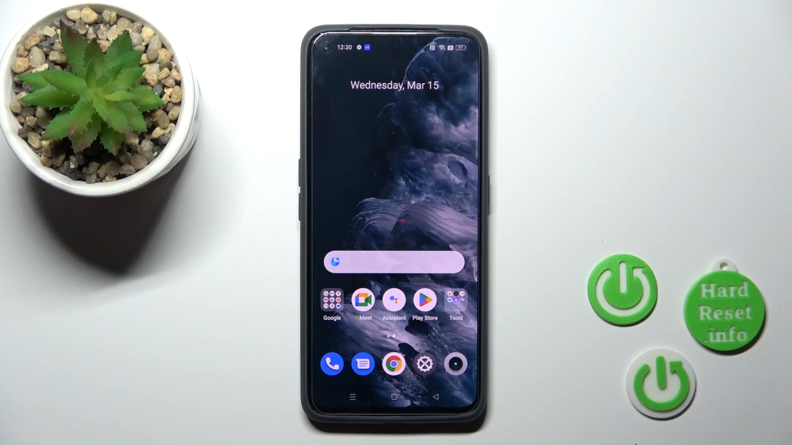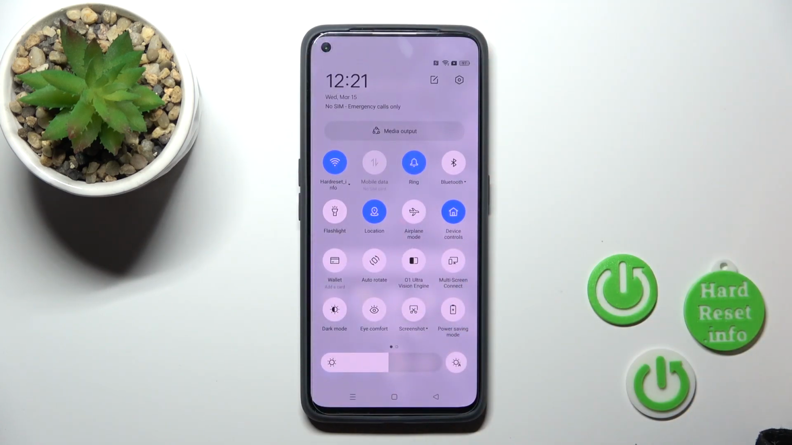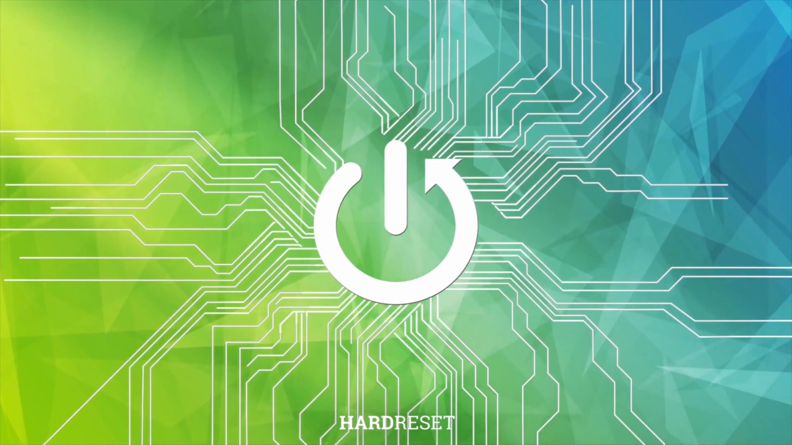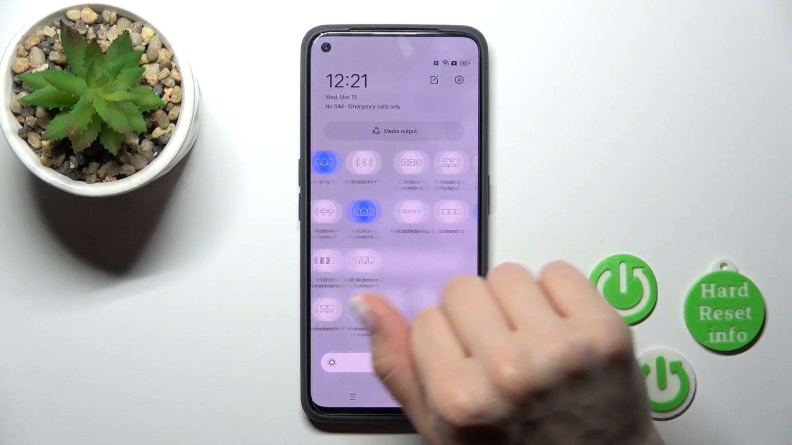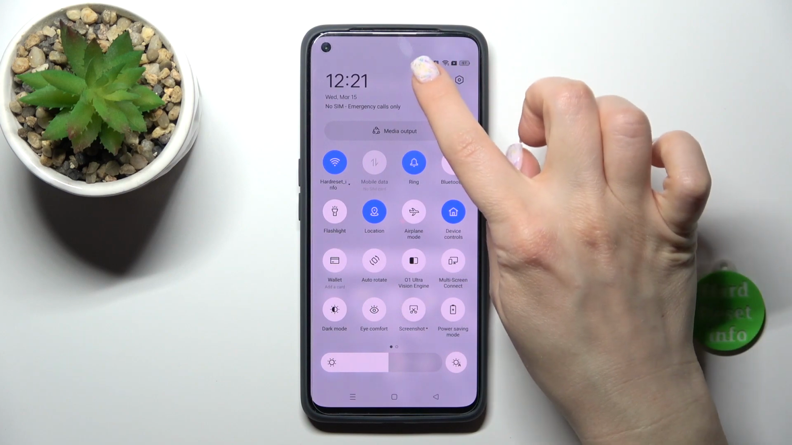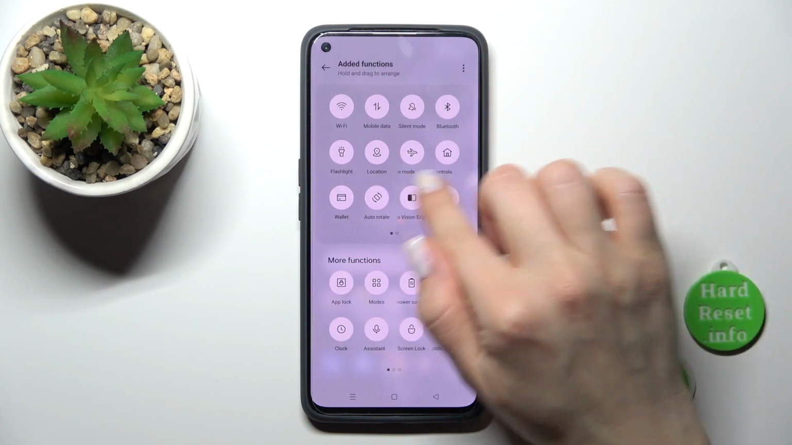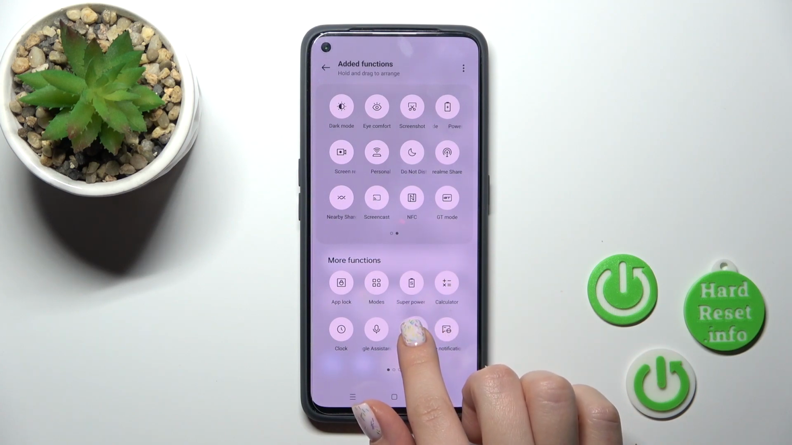Hi, today in front of me is the REALME GT2 and I'll show you how to edit notification panel shortcuts on this device. So if you want to add some options here or remove some of them or just change their positions, we should click this edit icon and, for example, let's add the screen lock option to our